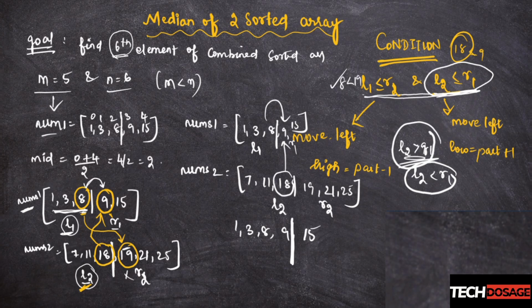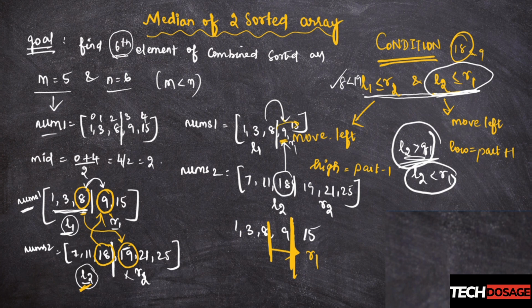The partition was here previously. Now I will move this partition to the right side. So the R1 is actually going to increase, because if I move this, the partition comes here. So this is going to be R1. I know that the greater elements come at the right side. So to increase this R1, I am going to move the partition right side.